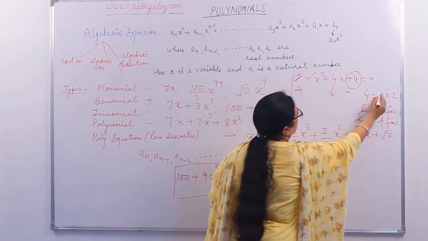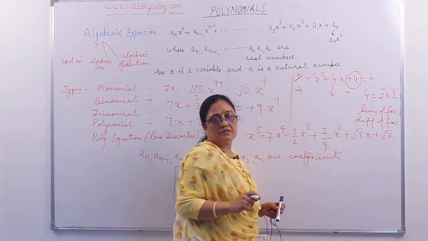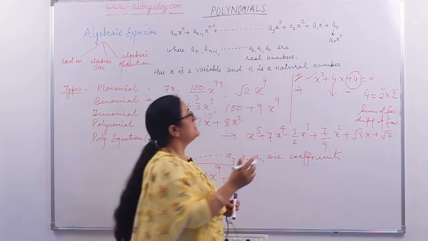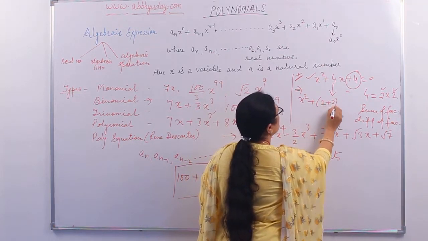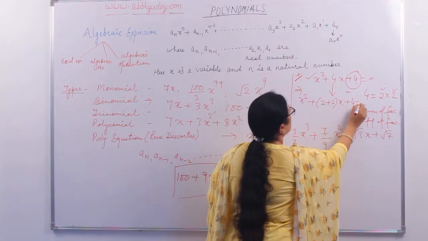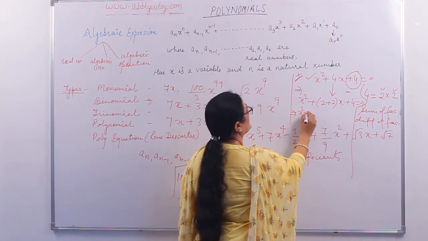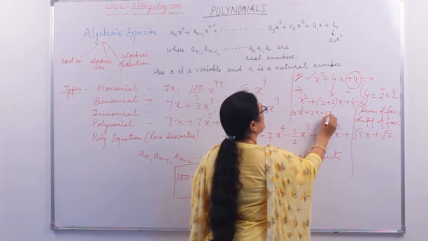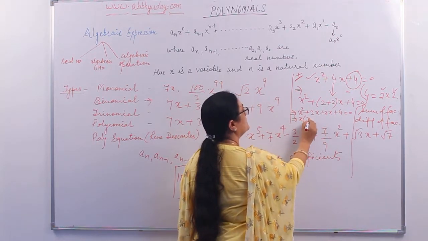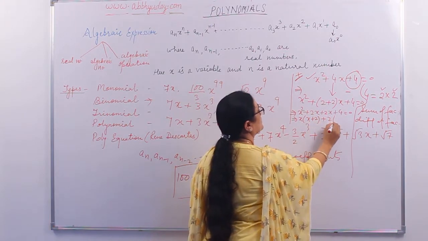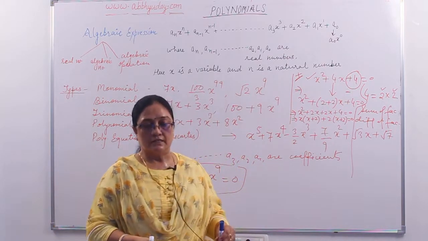So this 4 can be written here as 2 plus 2, the sum, because here it is positive. So I will be taking the middle term as the sum of factors. So I will be breaking 4x into 2x plus 2x, and then the last 4 as it is. After that, I will be opening the bracket, so it will be this way. After that, I will take common whatever is possible, so it will be this way.